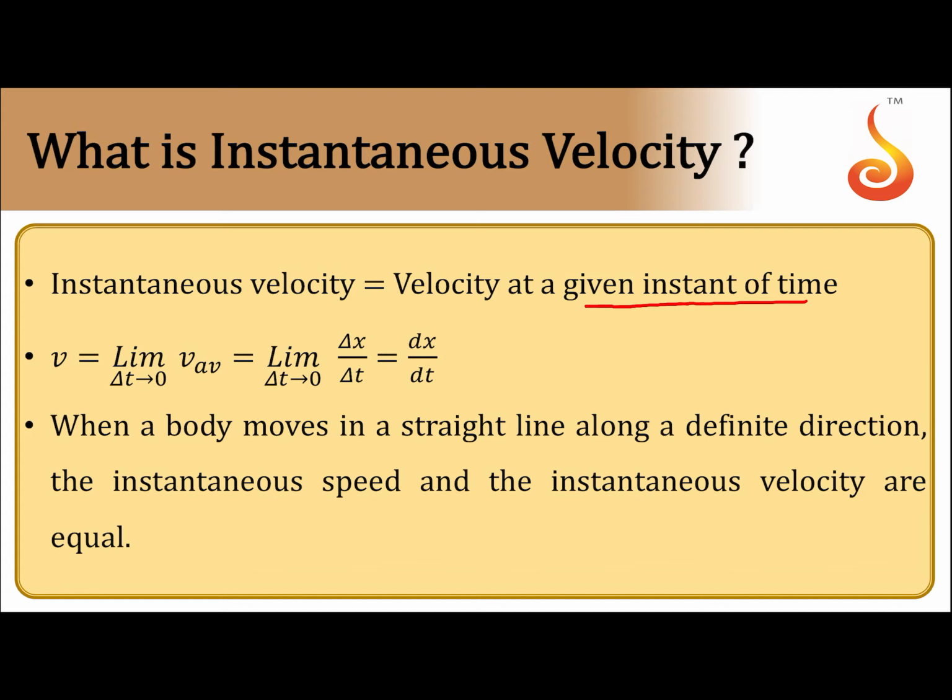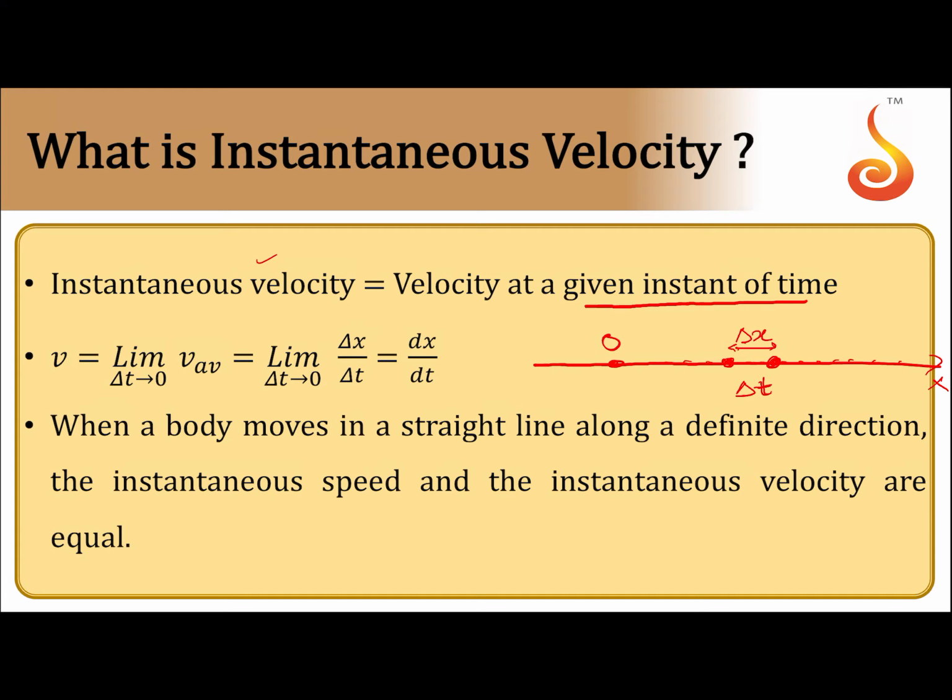Now, we have already seen that if I want to consider the motion, this is the origin, and as the velocity keeps changing, in this case, if I consider different instants of time, velocity keeps changing. So, what do I do? I will consider a very short interval of time. For example, this is a very short interval of time. It is very small, over which the displacement of the particle is delta x. So, let me repeat, over this short interval of time delta t, the displacement is delta x.